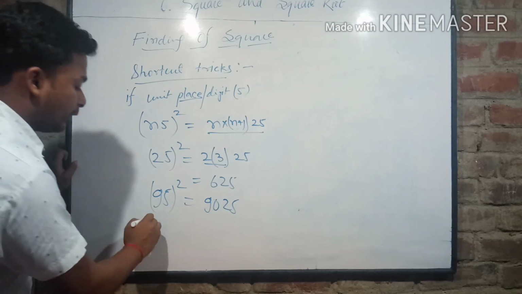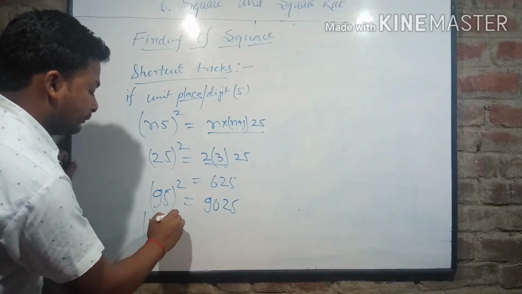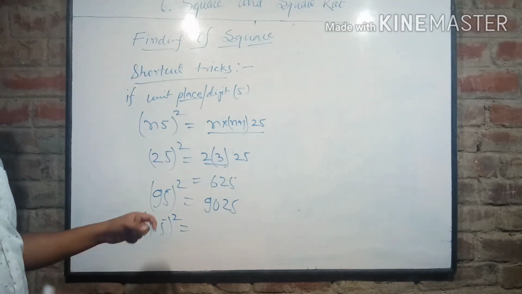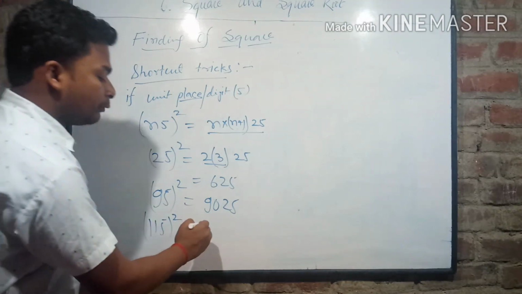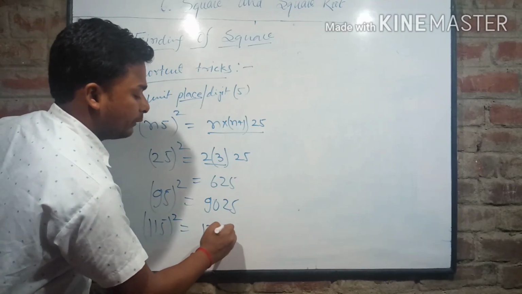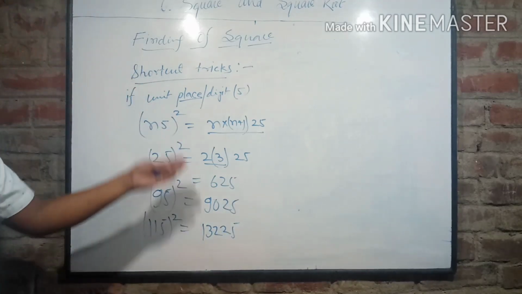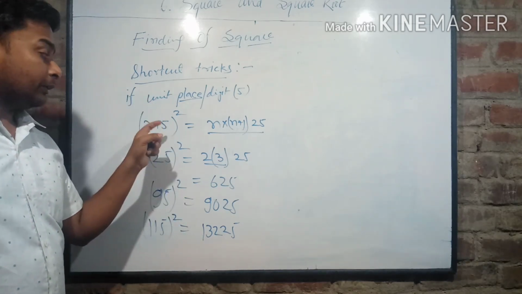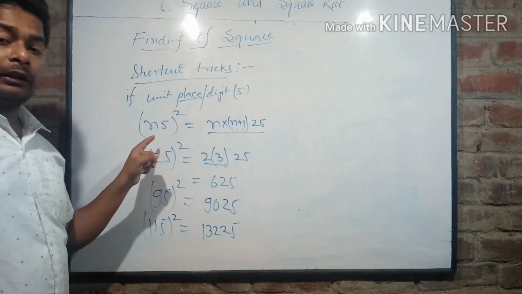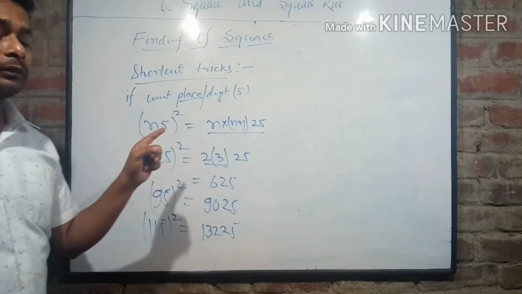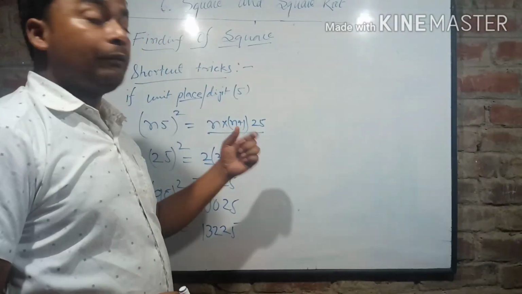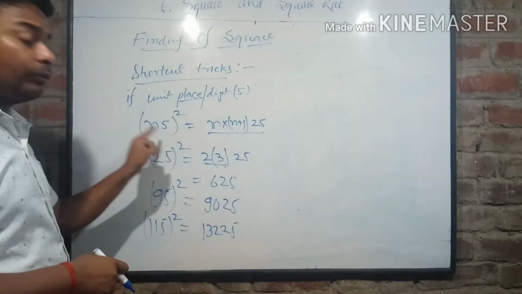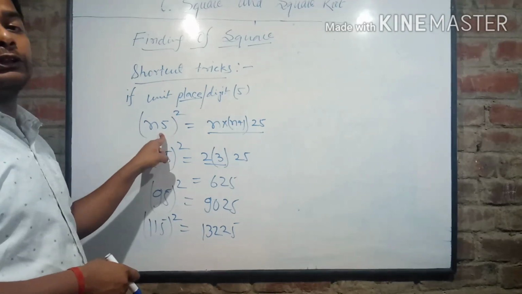Suppose we have to find out the square of 115. So what is the next number to 11? 12. And what is the product of 11 into 12? That is equal to 132. And we will finally write the 5 square. This is one of the shortest and easiest tricks when the unit place is 5. Now we will have the trick for every number, since this is applicable only when the unit digit is 5.